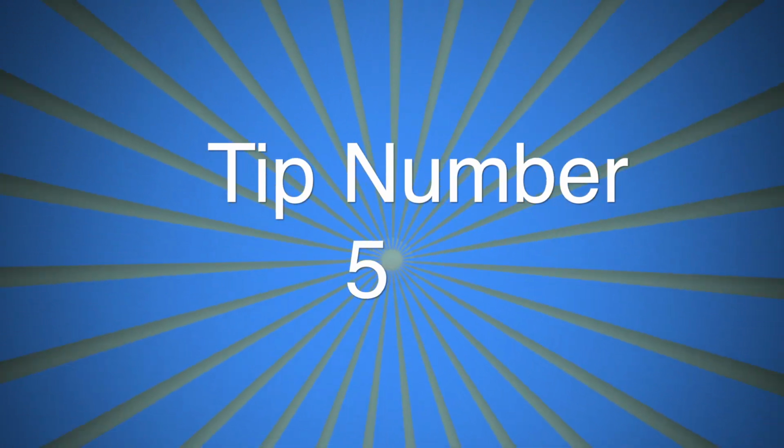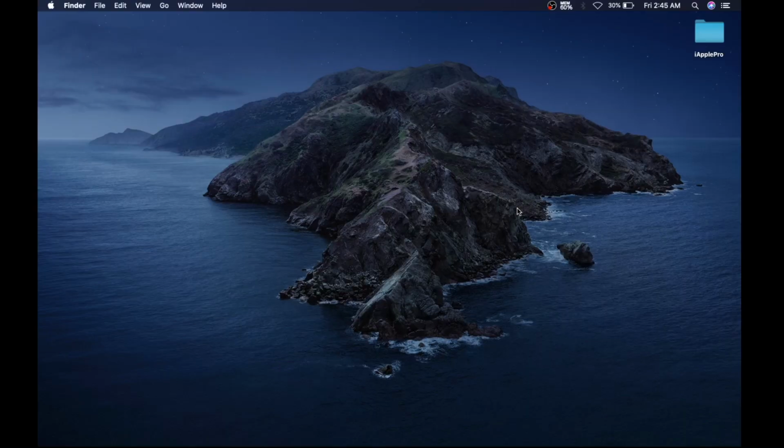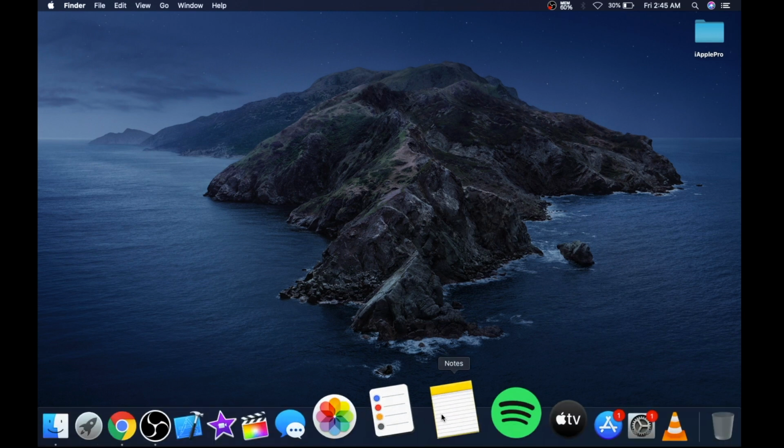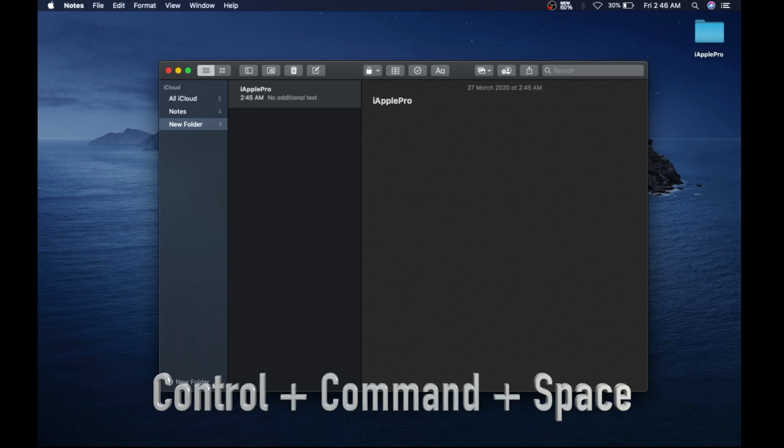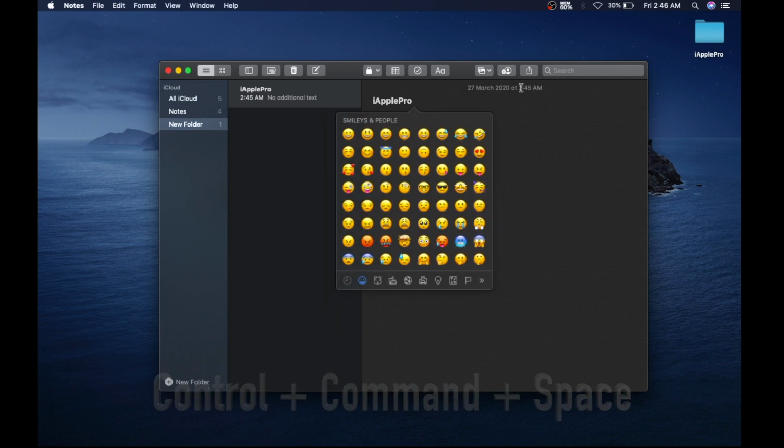Now let's move on to tip number 5. So this is about the emojis you use while typing. Let's open notes, and you see a normal note. Now what if I want to add an emoji to this? So there's a shortcut key for it. Press Ctrl Command and space, and it will open the emoji pop-up.